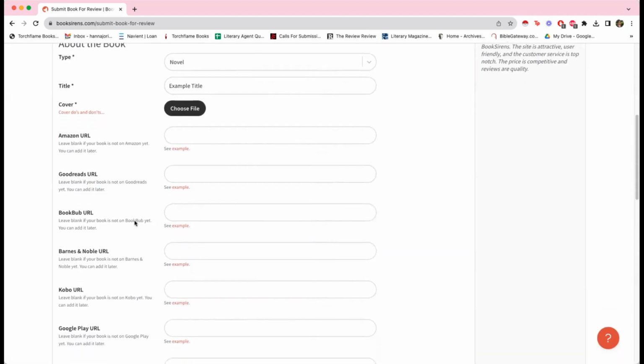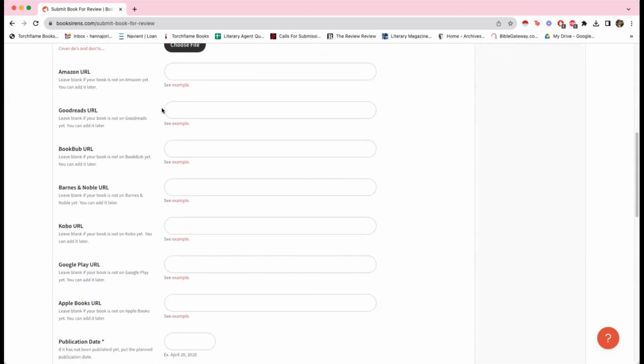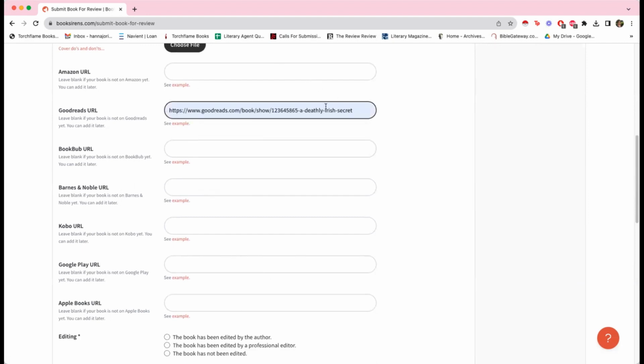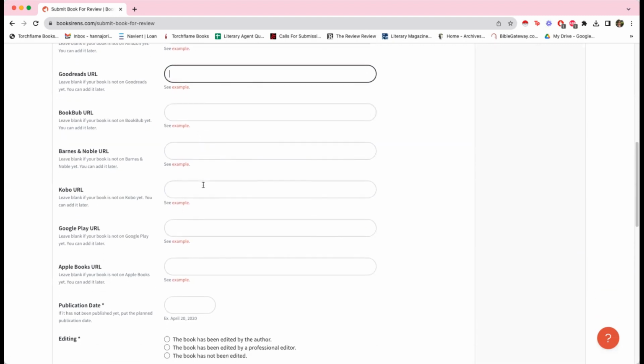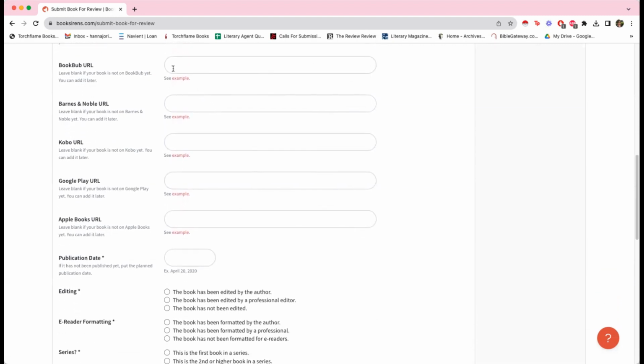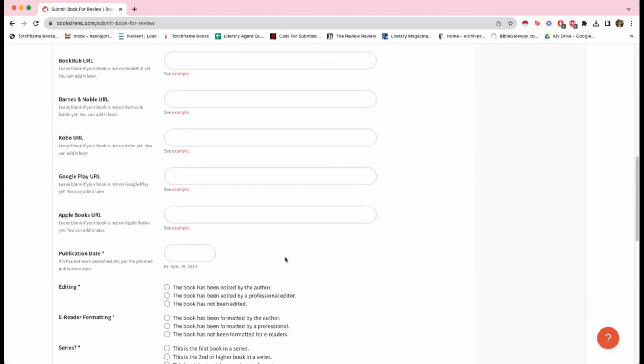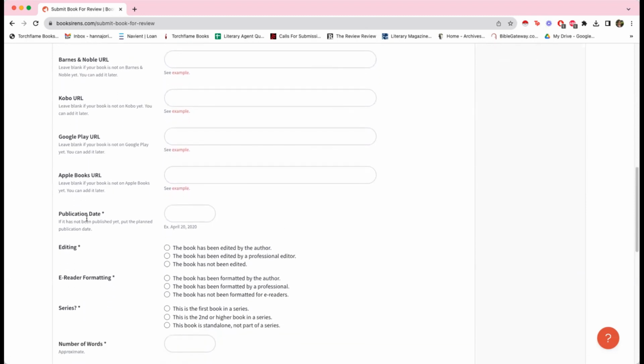And then if you have all of these, you will grab these links and put them in. So for Goodreads, we'll put in the Goodreads for this book that I have, right? I'm going to remove that so we don't have anything in there accidentally, but you would just copy and paste the URL from the page so that it would take them to the place where they can leave a review. After you put in all of those links that you have available to you at this time, then you'll go in and enter the